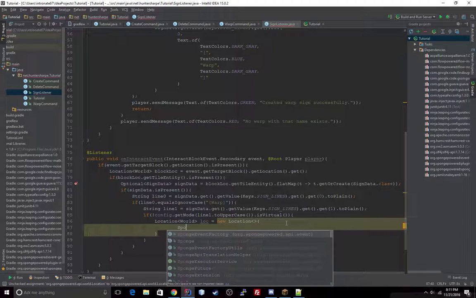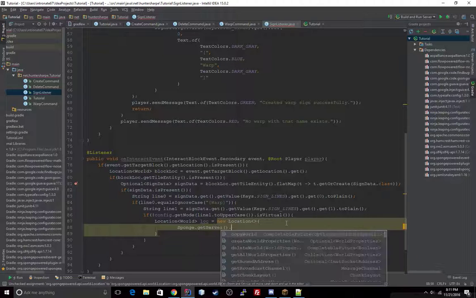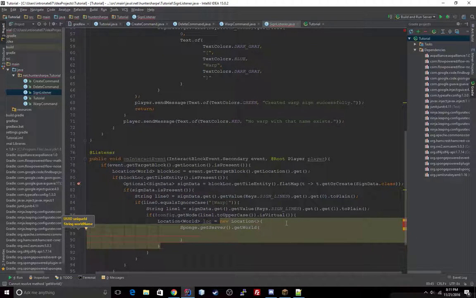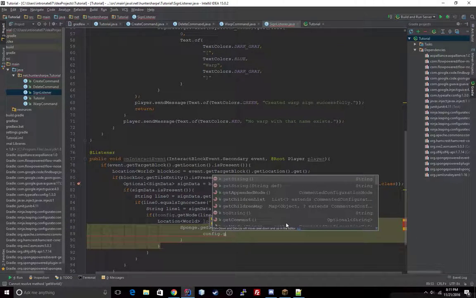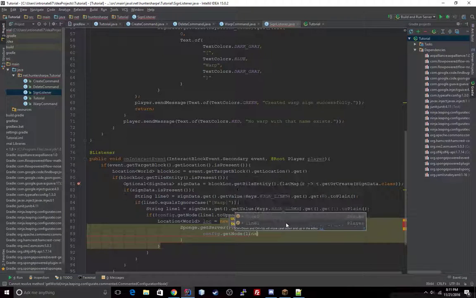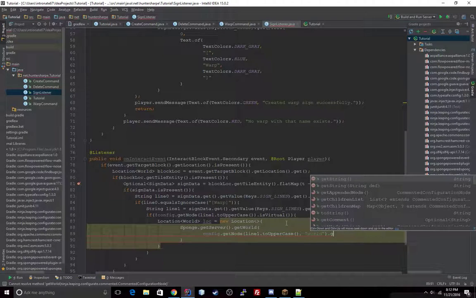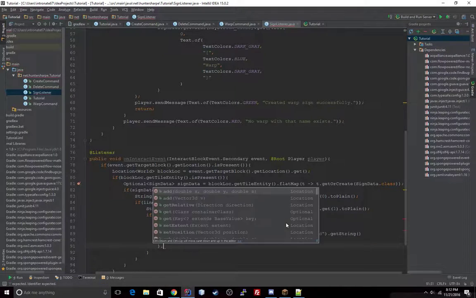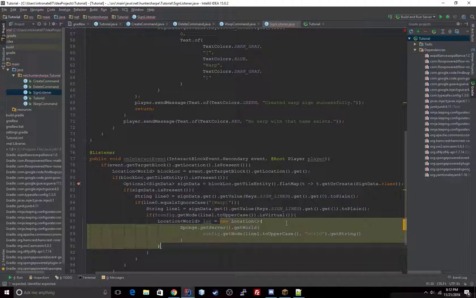And we need to get the world. Sponge.get server. No, want server to get world by a string, and we're gonna get that string from config.get node line 1 dot 2 uppercase, and then we get the world from it. Get string dot get. No, I just want get. I need the get right here, and then we'll get the